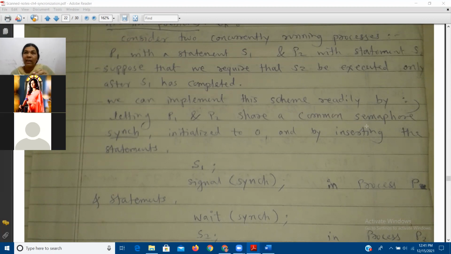So 5 will be decremented, provided that a third process is waiting for the washroom. Like that, the value will either be decremented or incremented. In case of the signal operation, it will be incremented. Maybe it is set to 0 and it will be incremented to 5. And once it becomes 5, it again gives a signal to another process. Like that, the synchronization variable, the semaphore, is used. I hope you are understanding the concept. Yes, students?